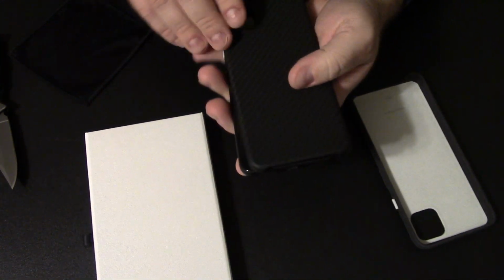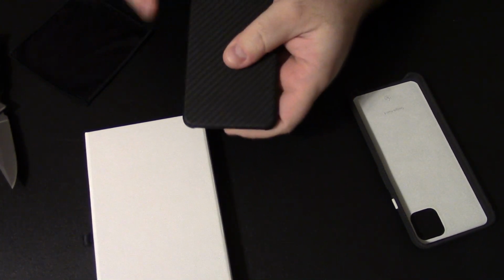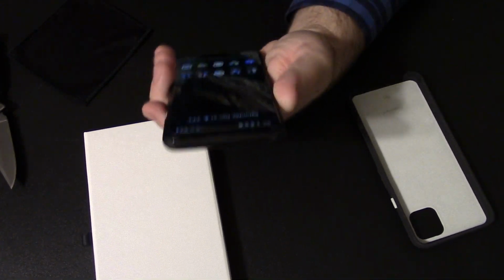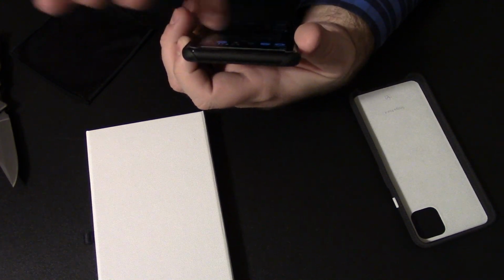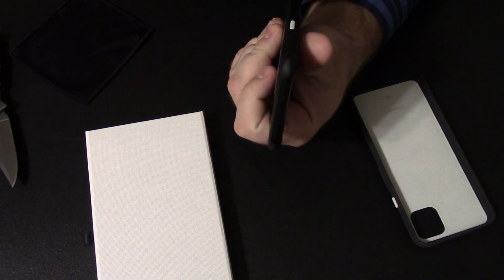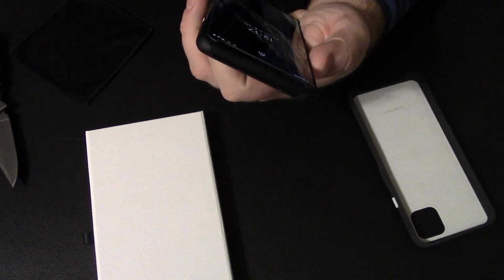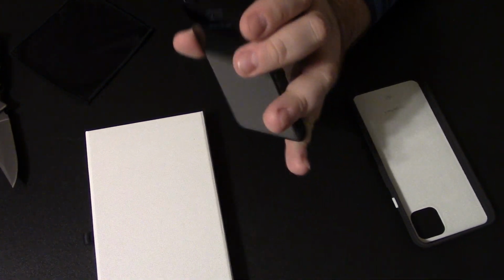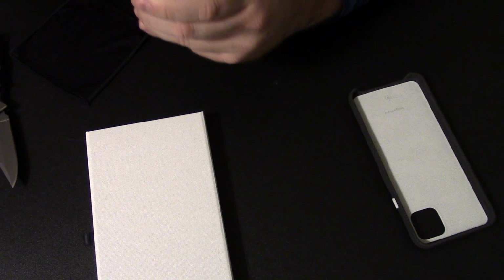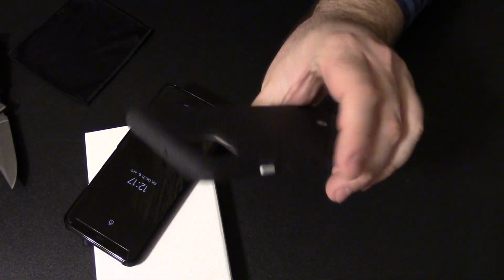And let's snap this into place. And there we go. Also, you know what? I'm gonna give him some credit here. This is a really thin case. I'm not gonna lie. This is actually a lot thinner than I was expecting. And I'll be honest with you, this one I do consider a pretty thin case anyway. But if we compare the two,